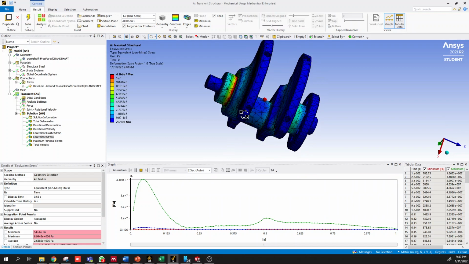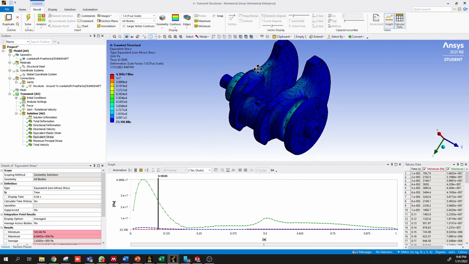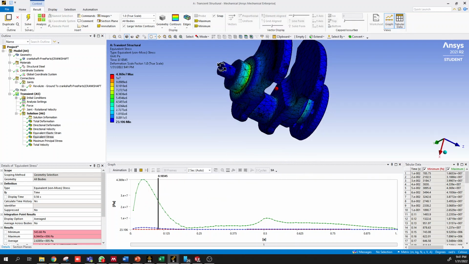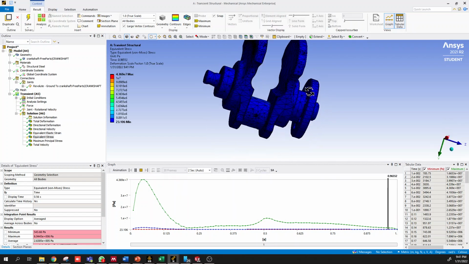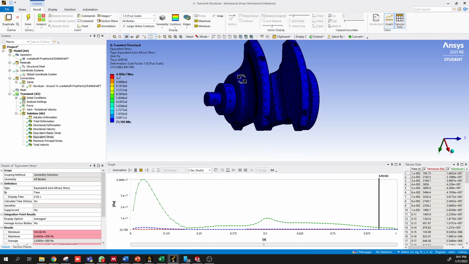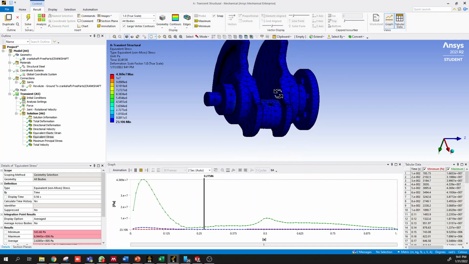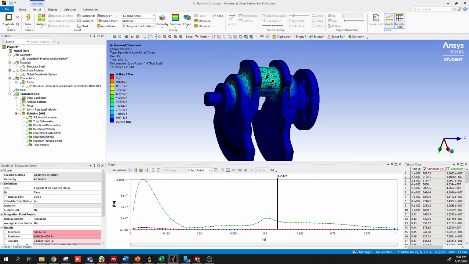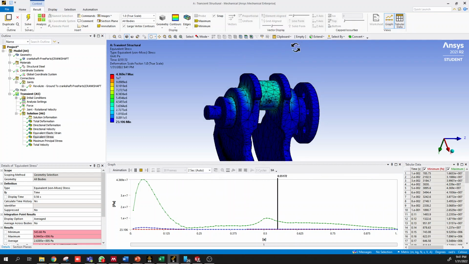So you can see the crankshaft rotating now. Hopefully that's a little clearer. There we go. Okay, so top dead center there, you can see how the crankshaft is rotating and the load is being applied because the most amount of compressive force is being generated as the crankshaft travels upwards and reaches